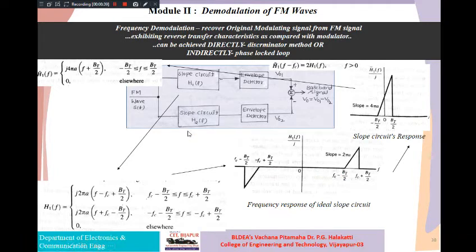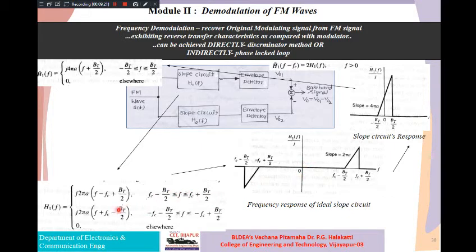Come back to this one. We got here two frequency bands on the right-hand side having the slope 2 pi a. You can see here we got the slope as 2 pi a with the width of this band ranging from fc minus Bt by 2 to fc plus Bt by 2. Means if you add these two, Bt by 2 plus Bt by 2, the total width of each band is going to be Bt only. So we got two frequency bands having the width Bt, symmetrically arranged on either side of this origin.